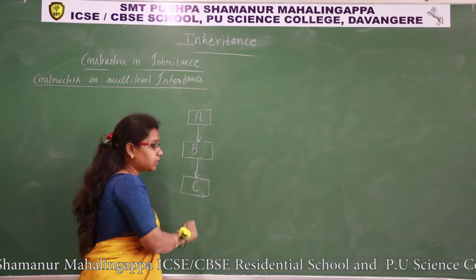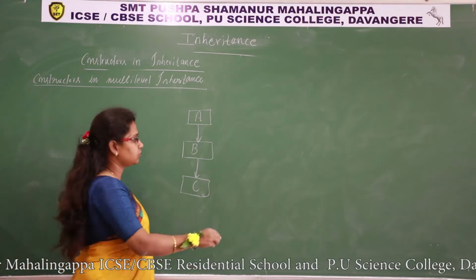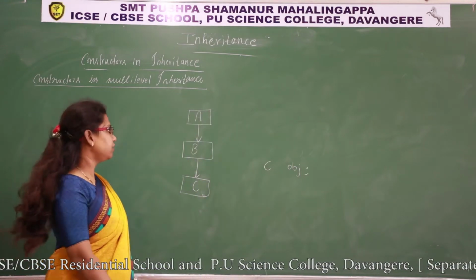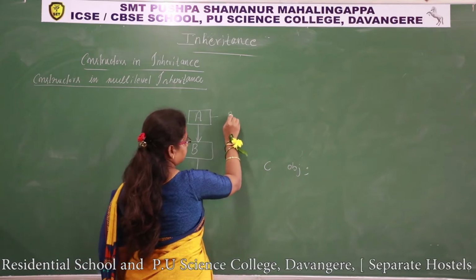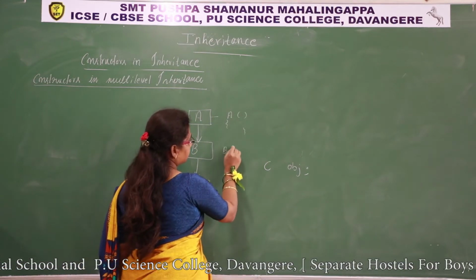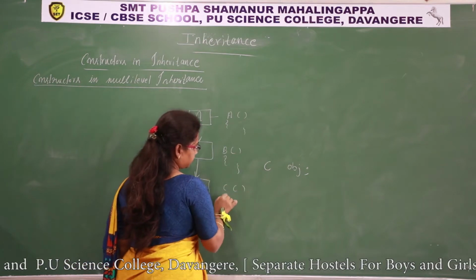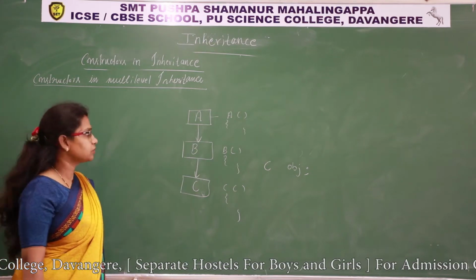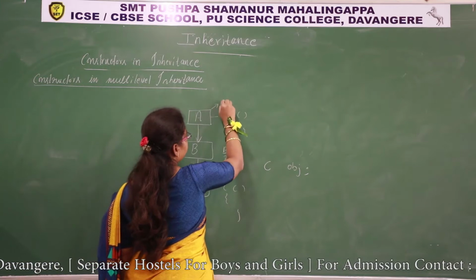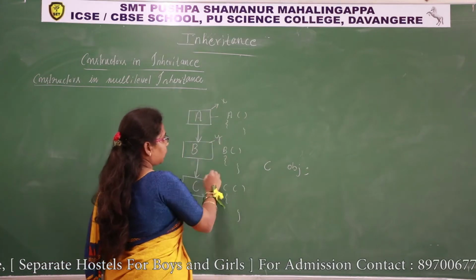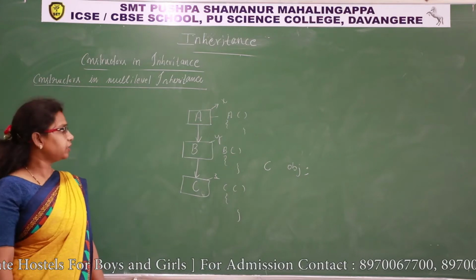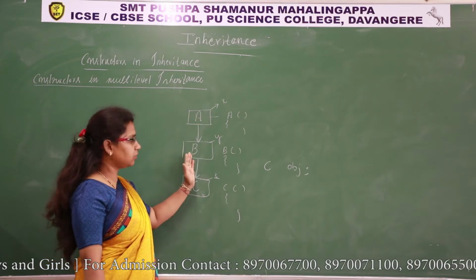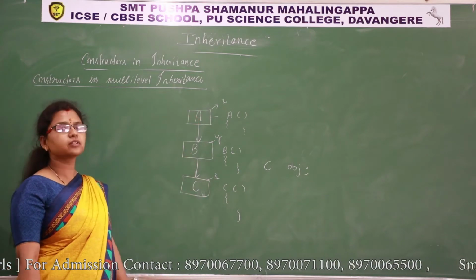Okay. So to which class we create object? Class C. So I have to create object for class C. Understood? If class A has a constructor, class B also, class C. Every class has a constructor. This class has a data member x, that is integer type. Here I take y and z. We want to initialize x, y and z. X belongs to class A, y belongs to class B, and z is a data member of class C.